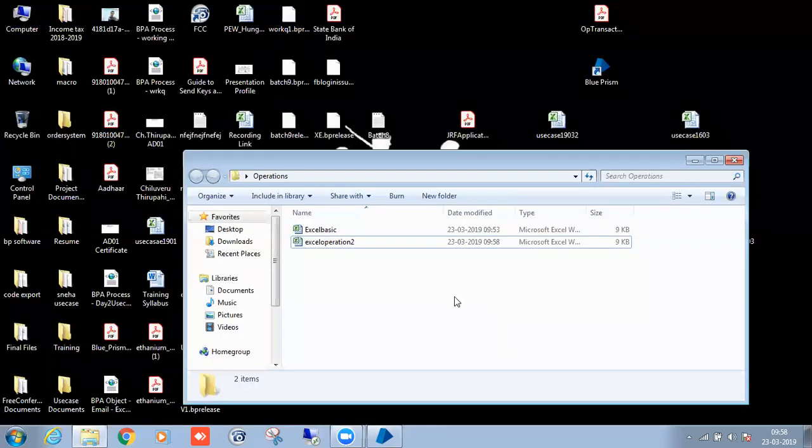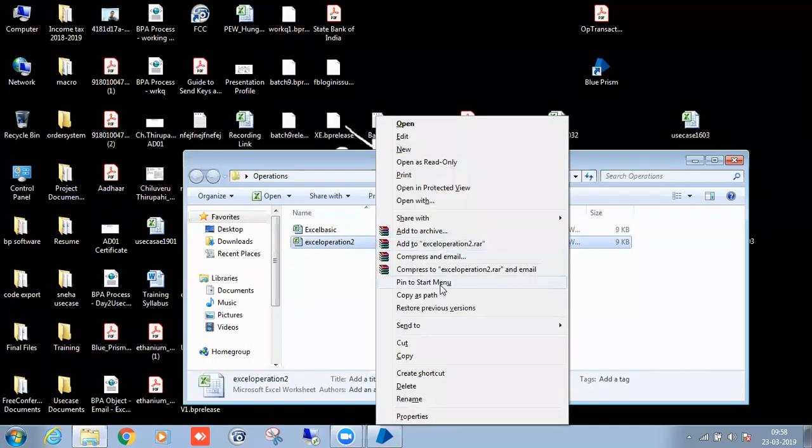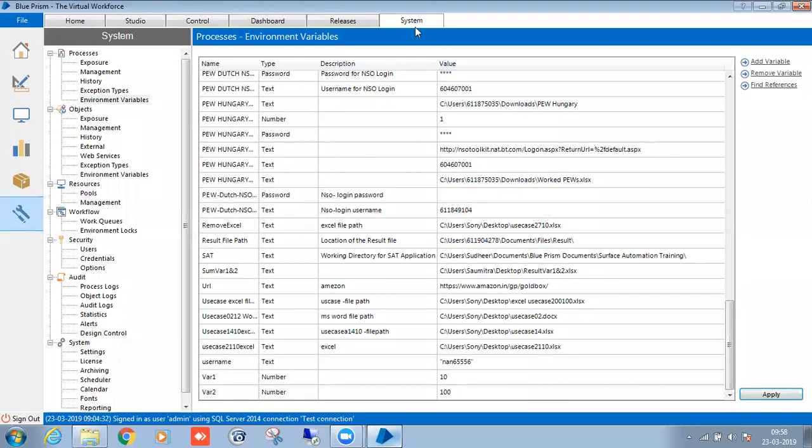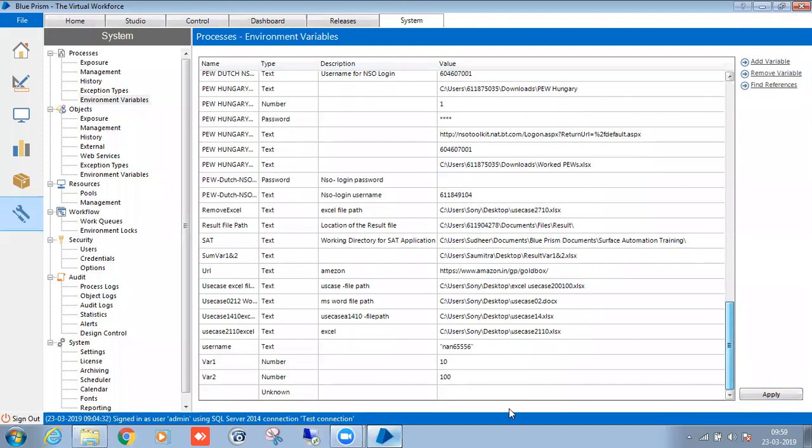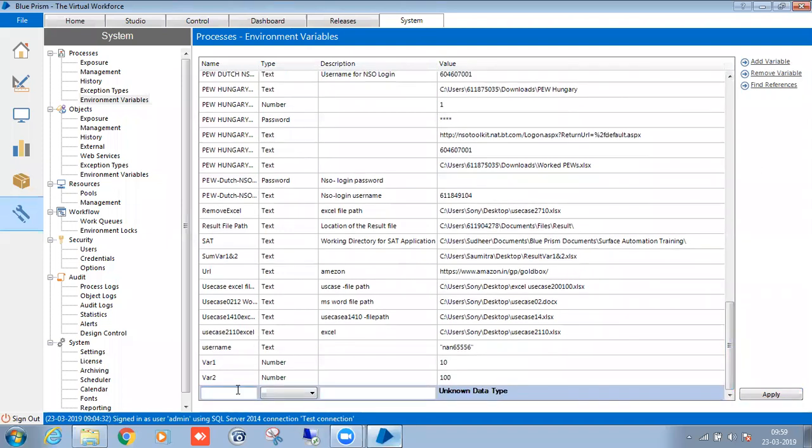Close. So as we already know, before doing that Excel automation, first we have to save the path in the environment variable. Shift, right click, copy as path. Go to system tab, add variable. Text. Sorry, I will remove the double quotation. Okay, it's already text type.